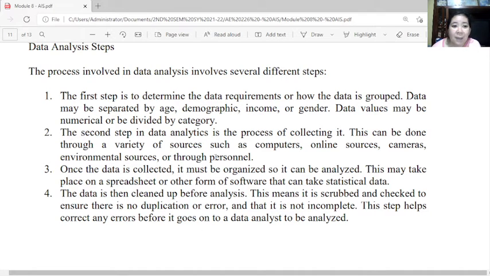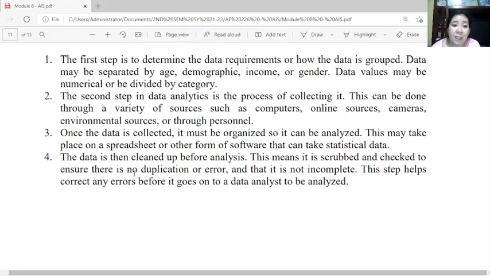Okay, the second step in data analytics is the process of collecting it. This can be done through a variety of sources. It can be from computers, online sources, cameras, environmental sources, or through personnel. Third, once the data is collected, it must be organized so that it can be used for analysis.